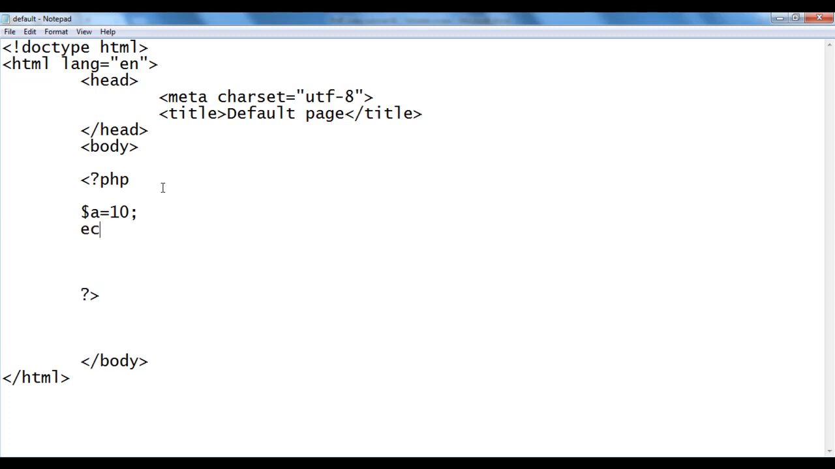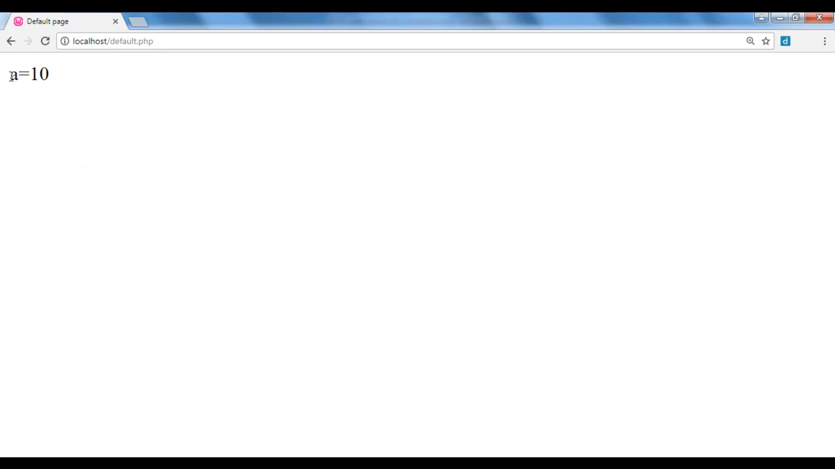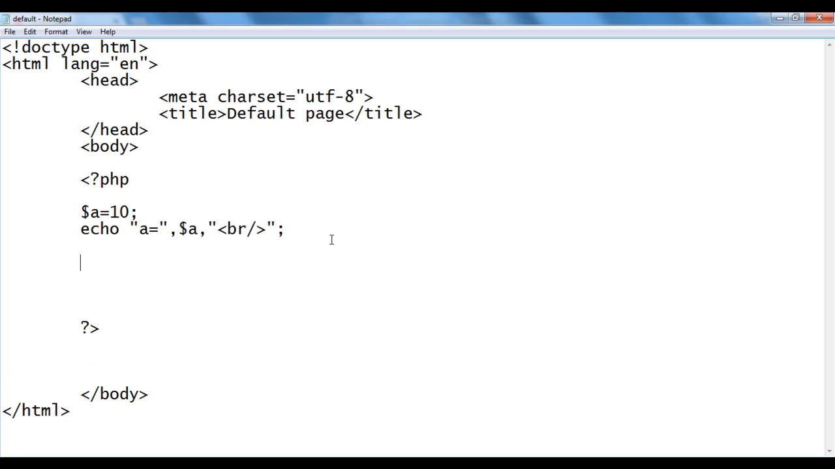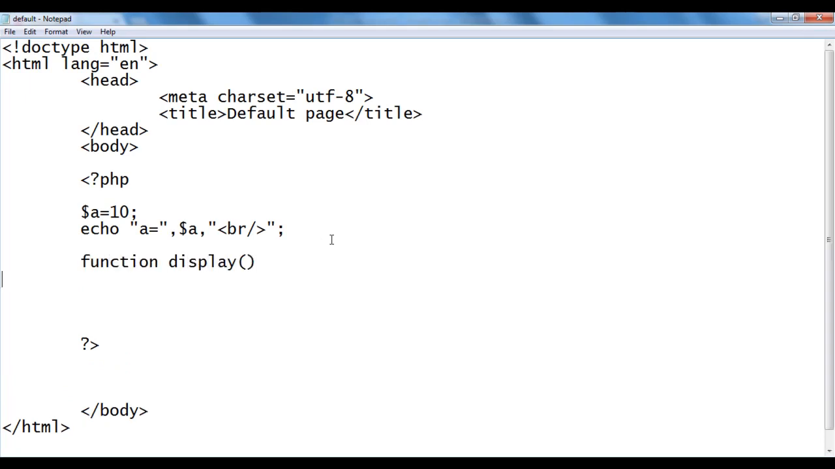I can just say here echo "a equal to", and then $a, and move the cursor to the next line. If I say file, save, go to browser and refresh, we got the output saying a equal to 10. That's good. I go back here. I'm going to create a function now. Function display(), opening flower bracket, closing flower bracket, and then I call the display function, display();